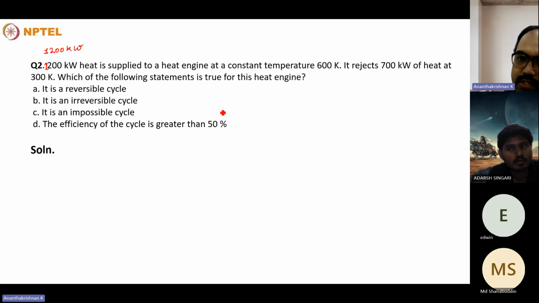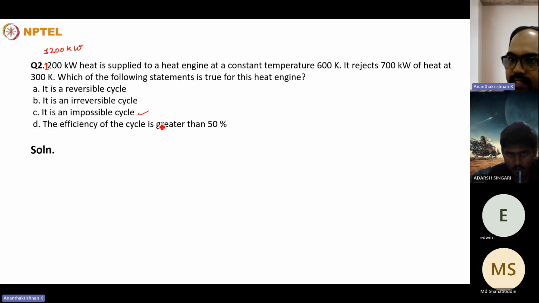So the answer is right, it's an impossible cycle, but option 4 is different from the first three. For the first three, you have to check the reversibility of the cycle, or whether the possibility of the cycle is there or not. For that, you have to check the cyclic integral of dQ divided by T. That is the heat transfer rate happening at a source or sink temperature. You have to take that into account and calculate for each and every heat transfer that occurs